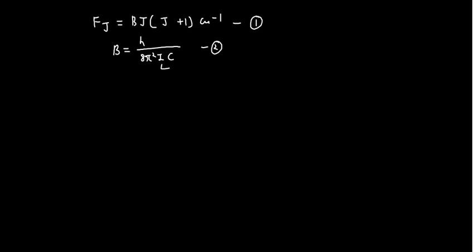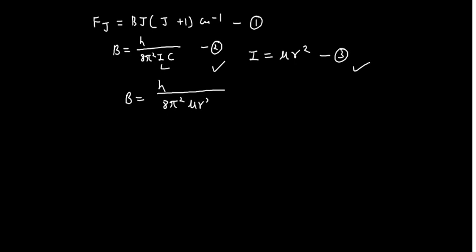All things are constant in that case except this I. Okay. So this I is what? Your moment of inertia, and that moment of inertia I equals mu multiplied by r square. Say this is the equation number 3. Okay. Now see, if you check equation 2 and equation number 3, then you can very straightforwardly write the relation B equals h on 8 pi square mu r square C.